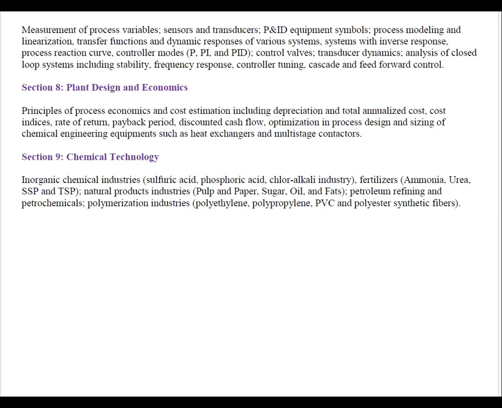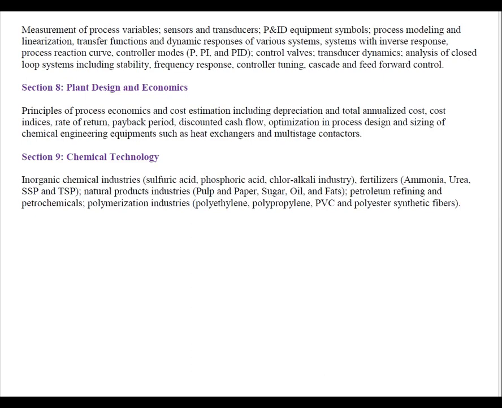What are the different processes for the paper industry, and then sugar, what equipments are used in the sugar industry, and then oils or fats, and some reactions based on this, the polymerization industry, that is polythene, polypropylene, and PVC. This is all about the chemical engineering